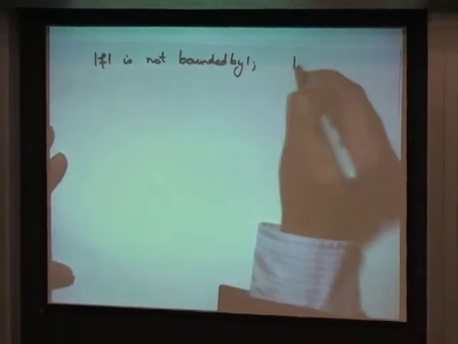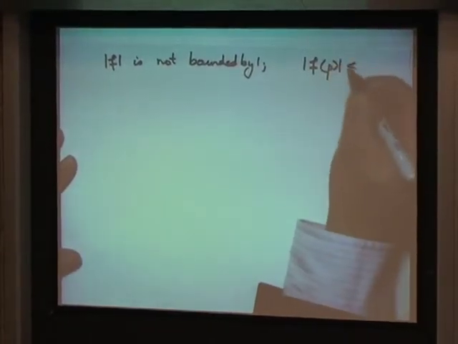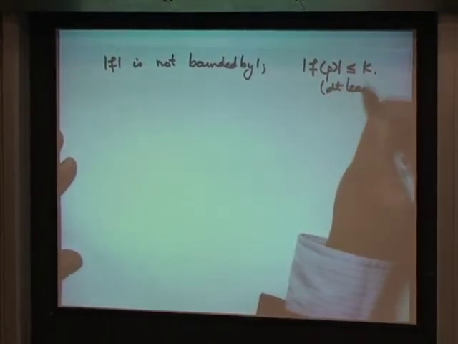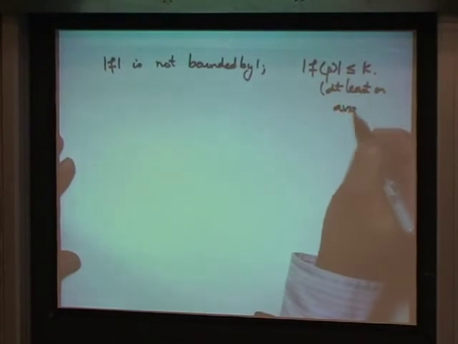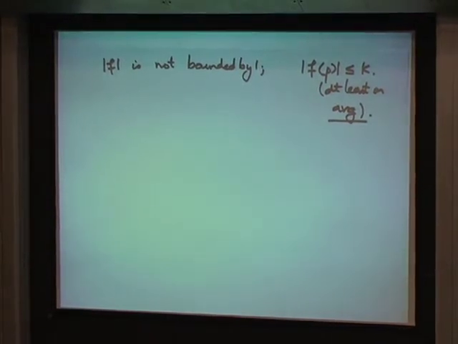But I am going to assume some kind of Ramanujan type condition that f of p is basically bounded, or at least on average. So you can have more complicated situations here. The simplest thing is to think of,